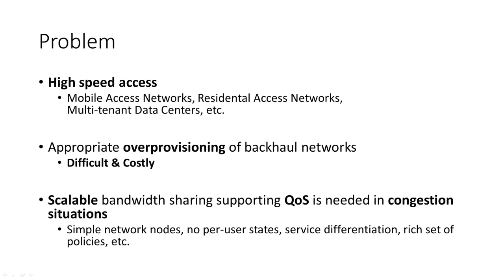With the advent of technologies like 5G or fiber to the home, high-speed internet access became possible for millions of end users. This results in much higher load on the access aggregation network than before and moves bottlenecks to routers in the core network from the edge. Scalable resource sharing solutions that are simple, flow aware, and enable a rich set of policies are required to support quality of service in congestion situations in future access networks.